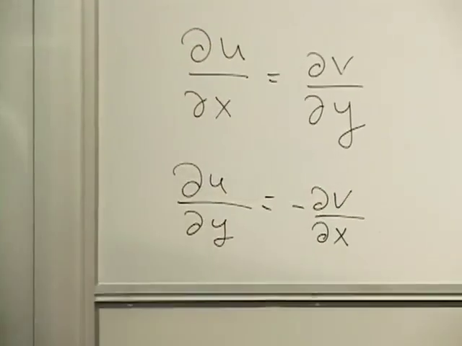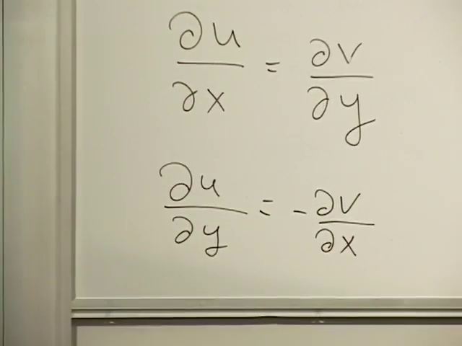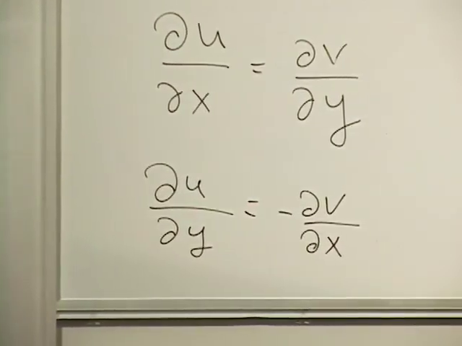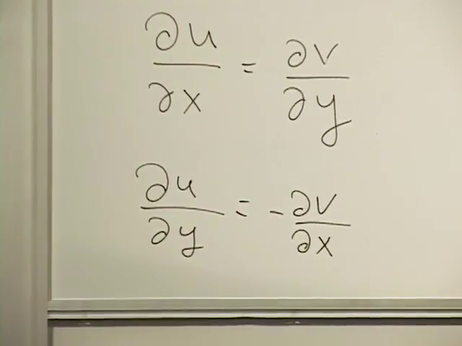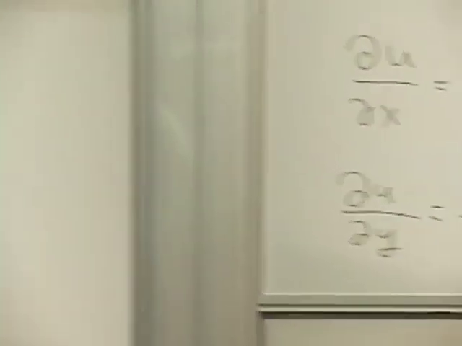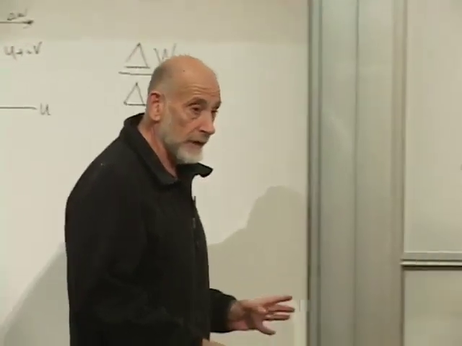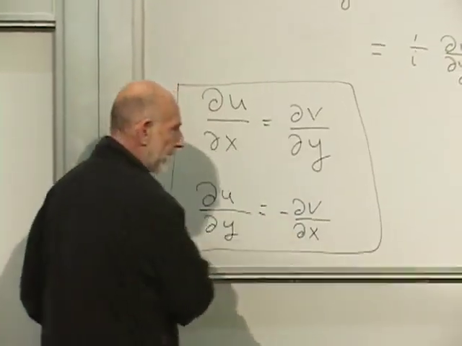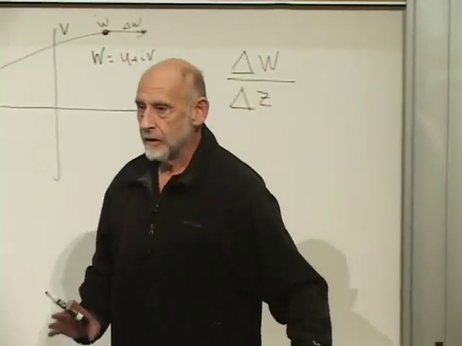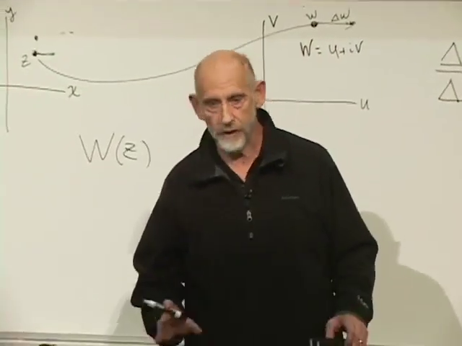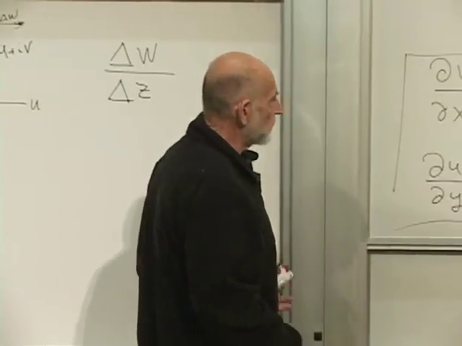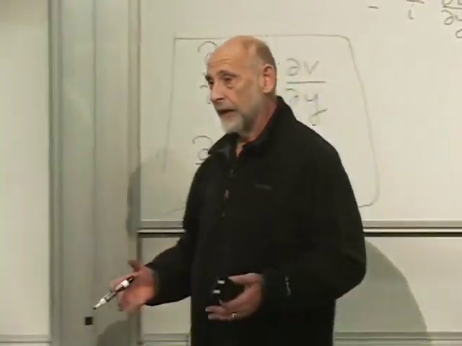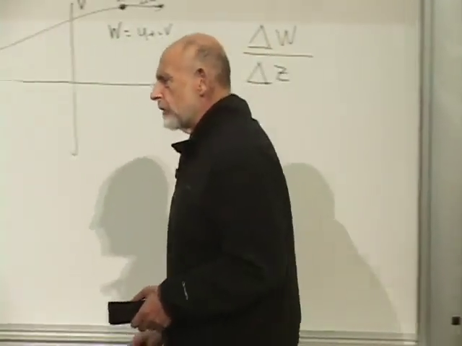If these equations are not true, then the derivative doesn't exist in a meaningful and unique way. If they are both true, then the function w of z has a derivative, and the derivative is well defined, and the function is called analytic, just a name. When a complex function of a complex variable has a unique derivative from every direction, it's called analytic at that point. If it's analytic everywhere,